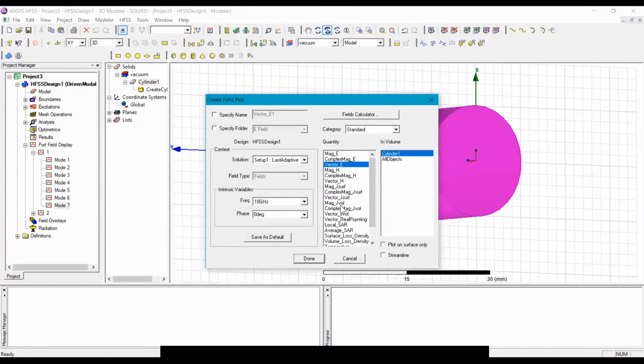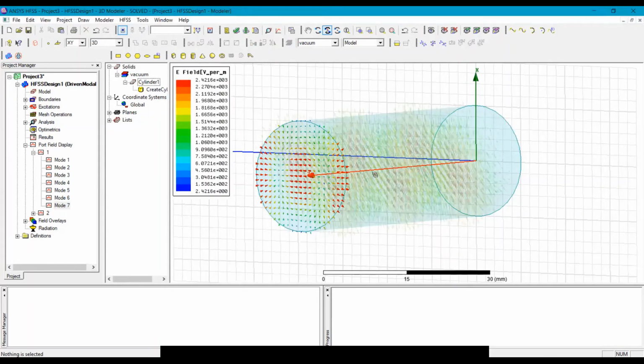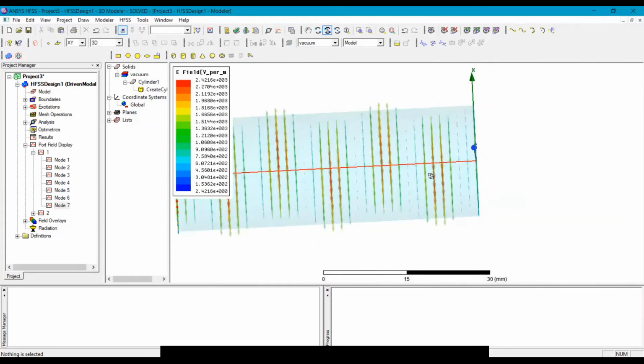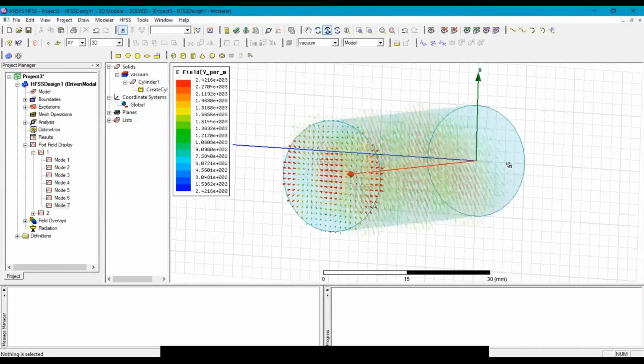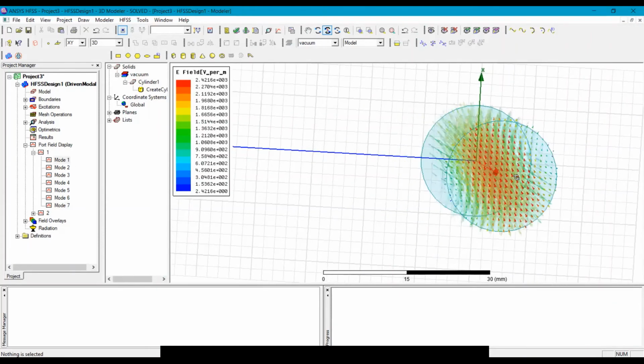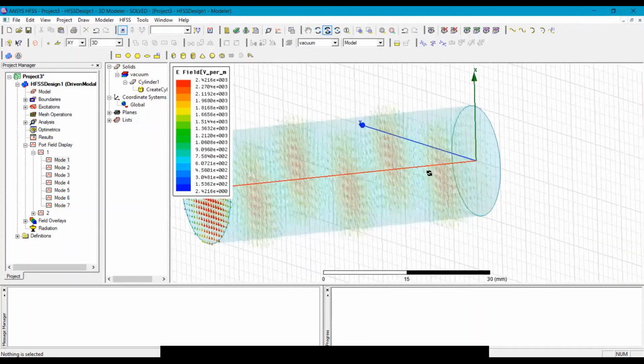I will select the cylinder one, and now I can see the electric field. Now for mode 1, the electric field looks like this.